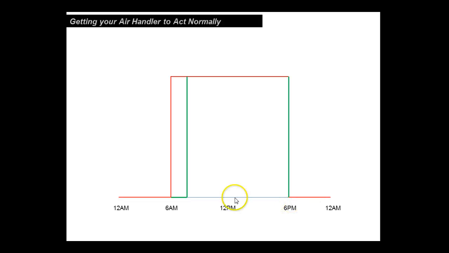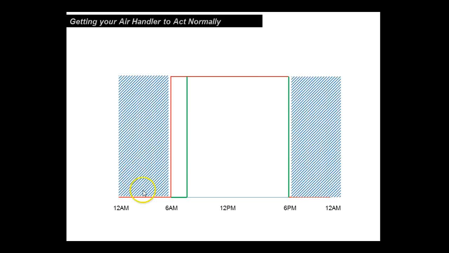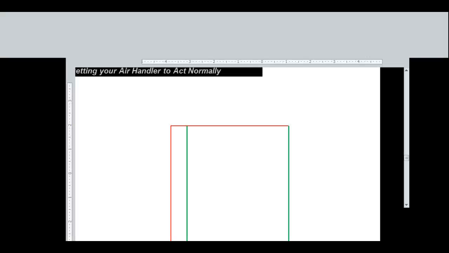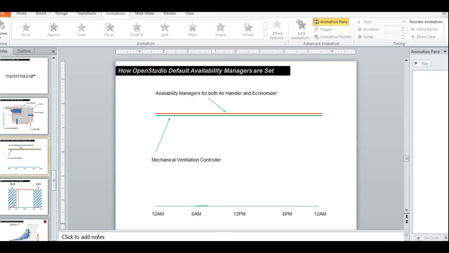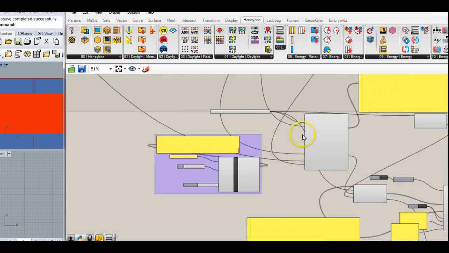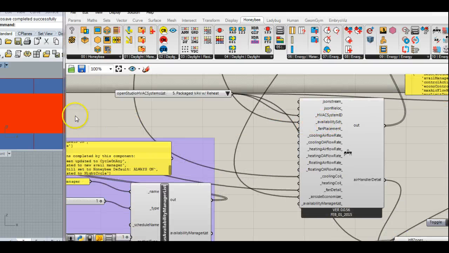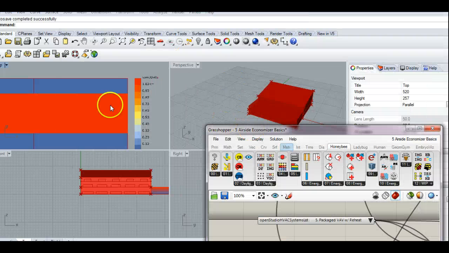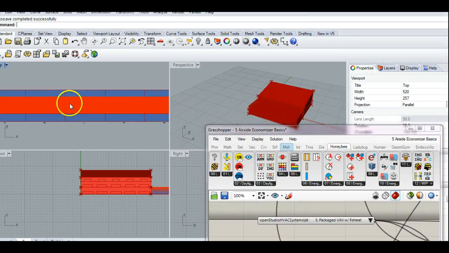Okay, it's not going to shift the mechanical system over here, or the mechanical ventilation controller. It's not going to do anything there, and it's also not going to handle the nighttime situation. But it should, just by doing that one thing, plugging in this really nice uniform schedule here that you can see shuts off very regularly at night. When we go back to our visualization,